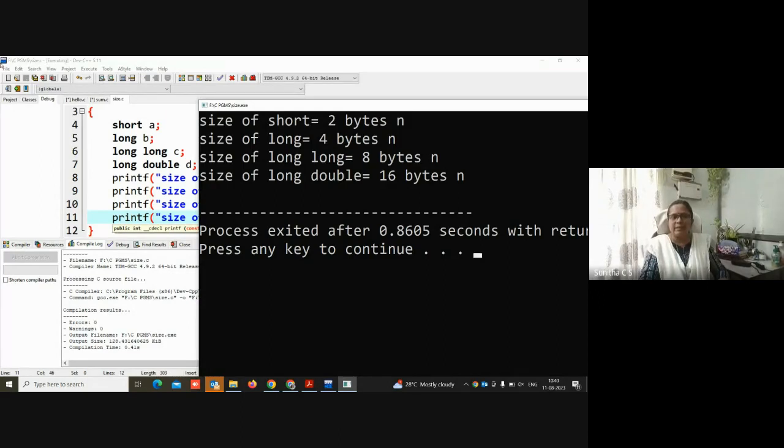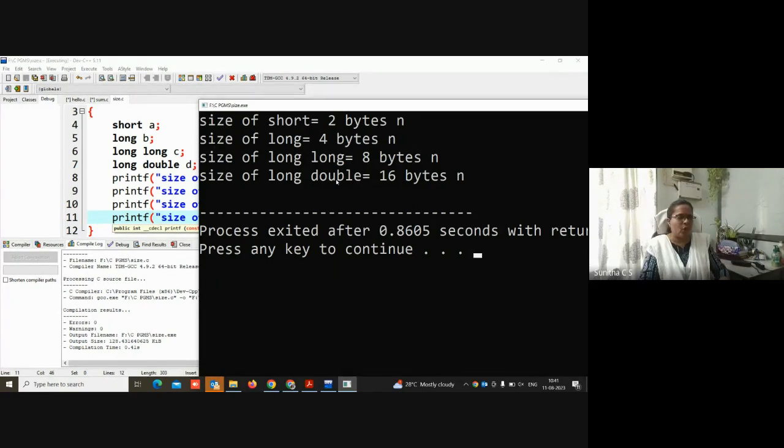And you can see the second one, B, is a long type, so it is equivalent to a long int. Long int is the same as the integer size, not too much, so 4 bytes. Then the size of long: when you give long, it is equivalent to double the size of integer, which is why it gives you 8 bytes.